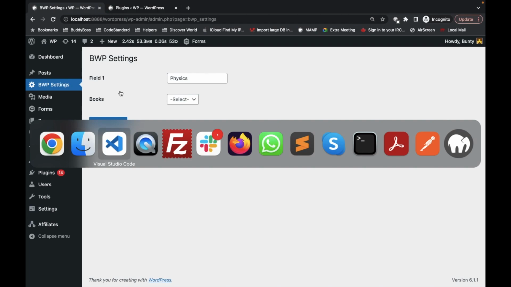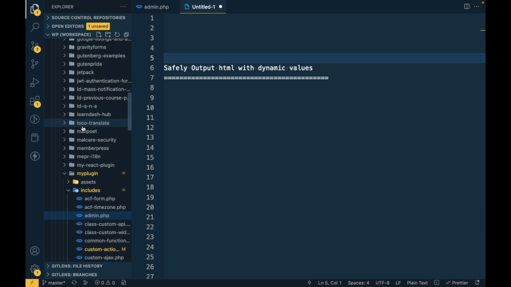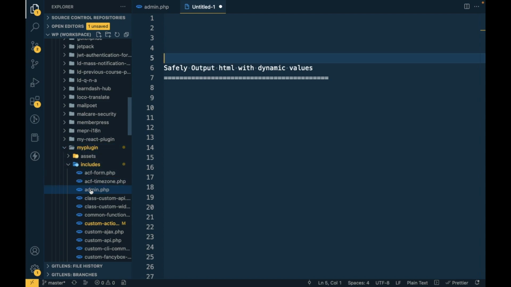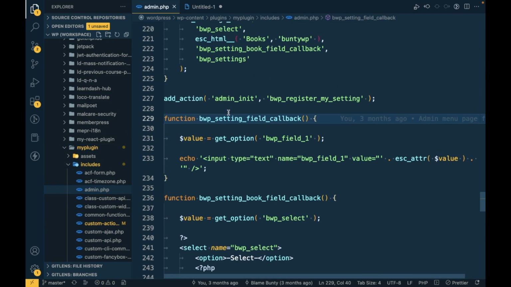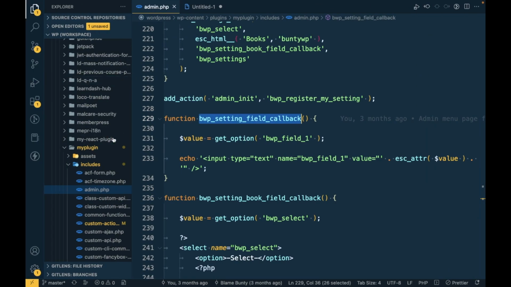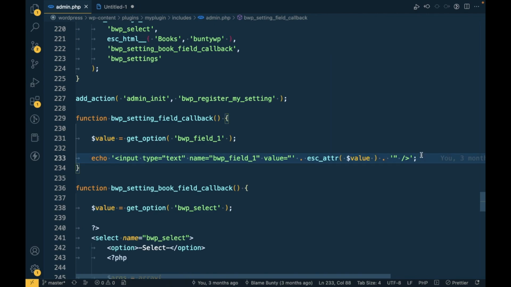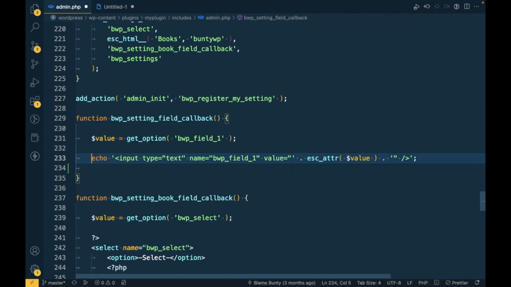I'm going to open my local repo. This is my local WordPress repo, and I'm going to open my plugin, includes, admin.php. This is the function responsible for displaying field 1, and here you will see that I directly echo this input tag with this dynamic value. But instead of doing this, what we can do